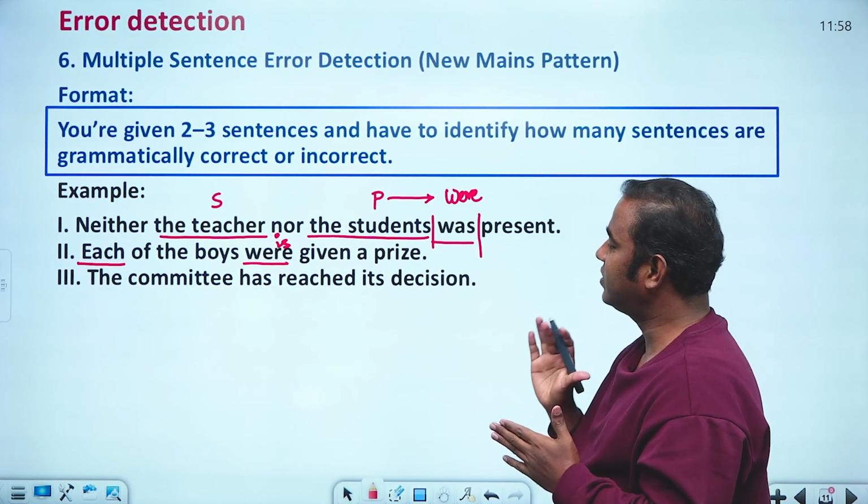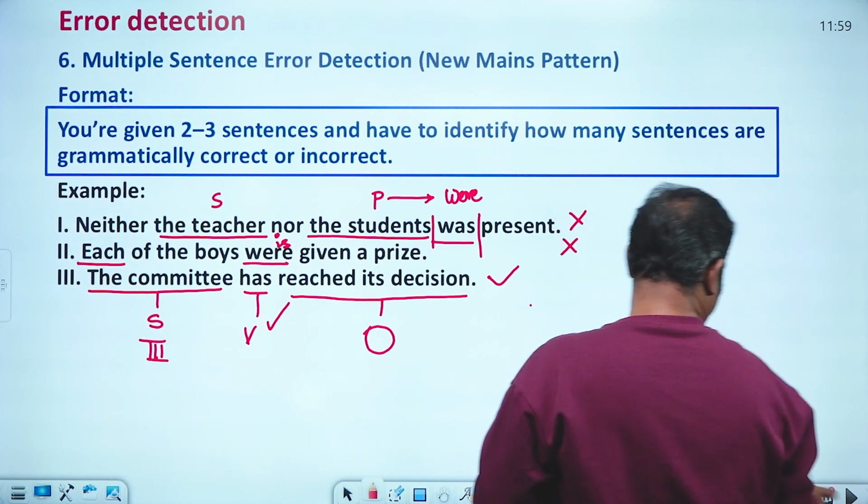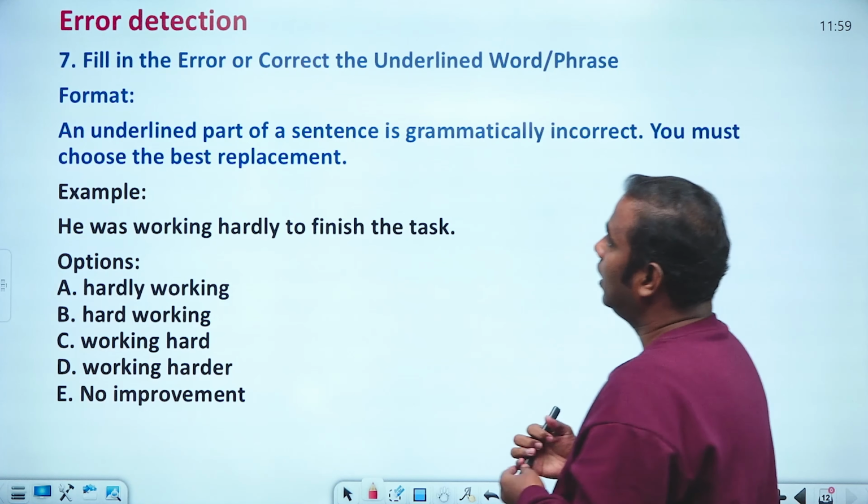Then 1 and 2 are the wrong answer. If you are there, you are supposed to find the right answer. Then the third one is the right answer. So likewise we have to find. Then the last one is